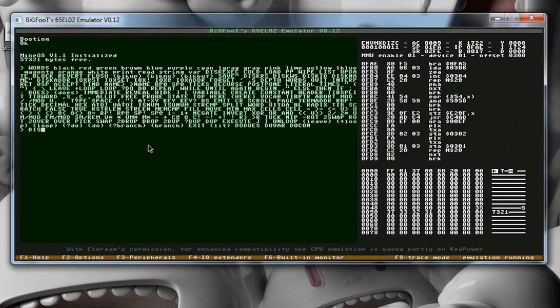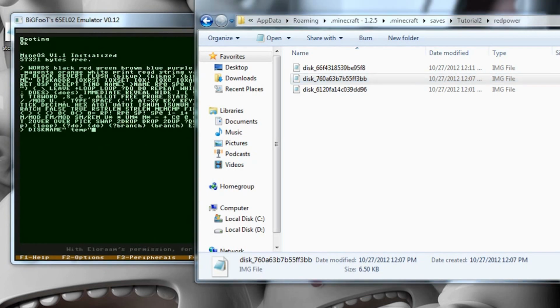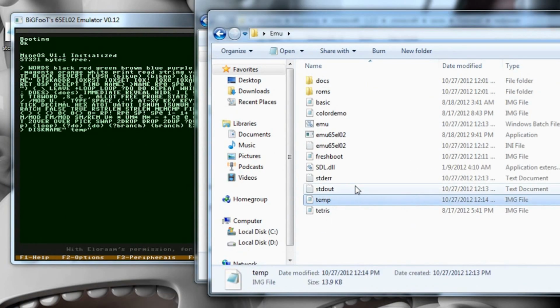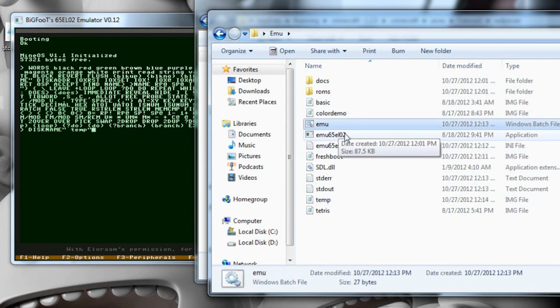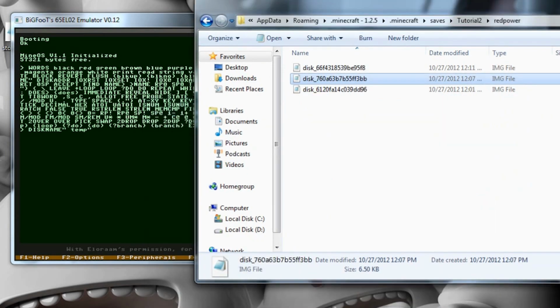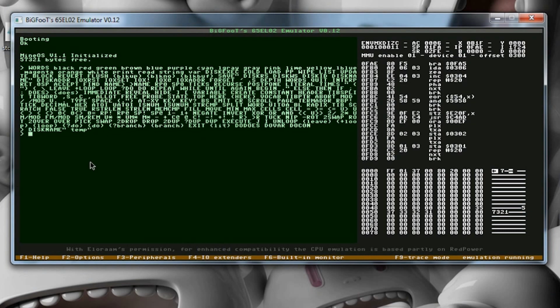And what you need to do next is go disk name. This allows you to swap disks within the emulator. Disk name, you type the name of the disk, which would be, in our case, temp, because we called it temp. And it's in the same directory here, because we launched the bat file from here. And then you can go DISCEXEC,